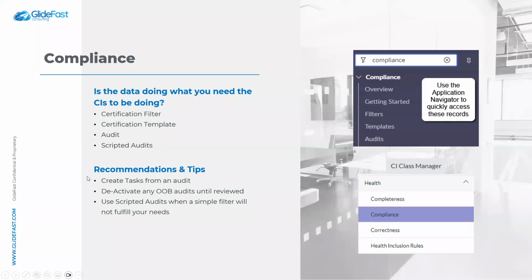All right, so like I said, deactivate any out-of-box audits until you review them. And you'll have to create your own audits in here if you really want value from them. You can also create tasks directly from an audit. So say you were going to do an upgrade, pushing out the newest version of a Windows Server operating system, because that's been my example. And you want to make sure that you're auditing it to say, I need a specific amount of RAM,